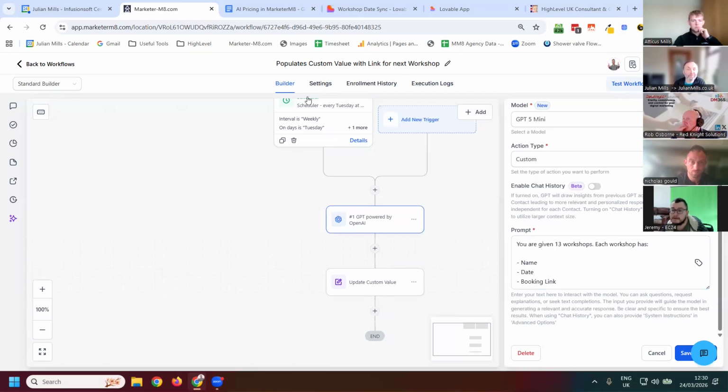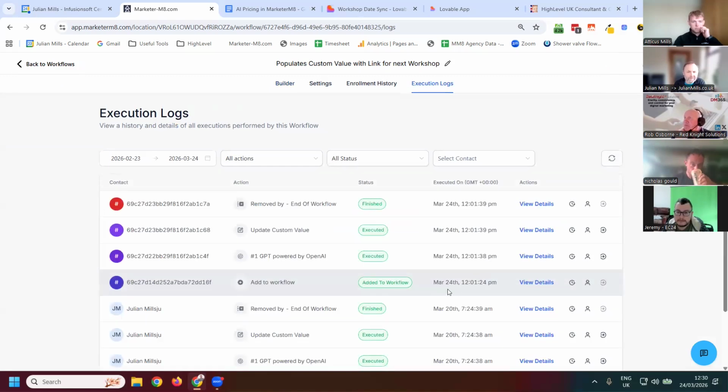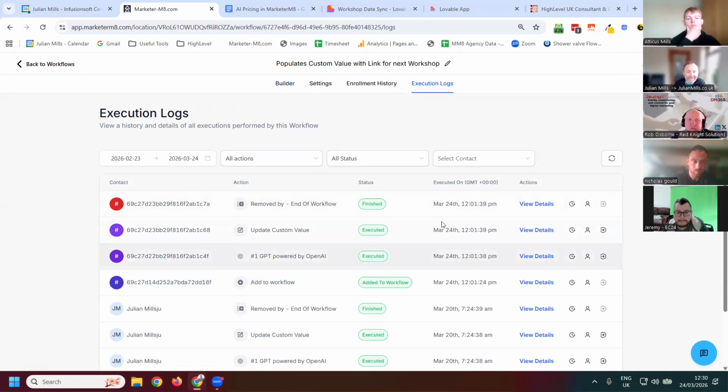Yeah. So while we're here, what we can do in the execution logs, let's see if it's run today. Oh, it tells you, it's like an audit log as well. So this is the troubleshooting, Jeremy. So back onto our workshop workflows here, you can see it's telling me it's executed. View details. You can even get